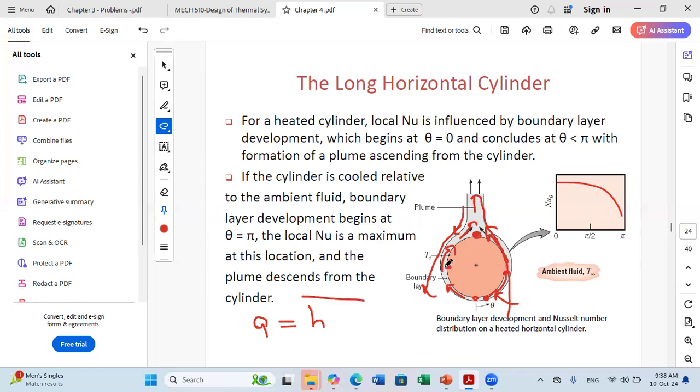The convective coefficient here is different than its value here because the boundary layer thickness is not the same everywhere. That's why we define an average value of H over the whole area. So you can say that the total loss is Q equal to H bar, the average, times area